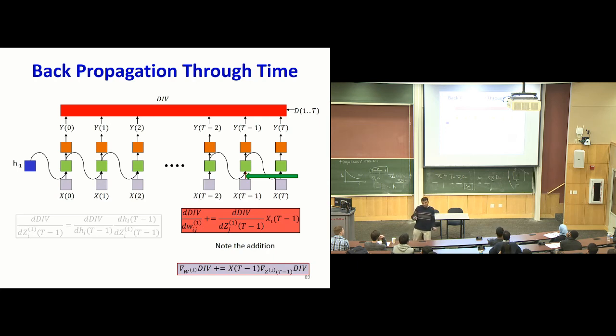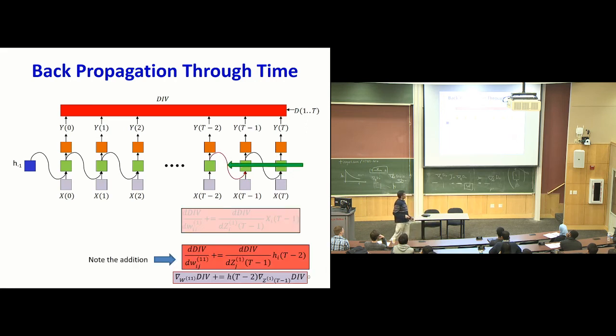Make sense to everybody? And so also for these weights, right? Now this one, the derivative of the weights here is going to be this output times the derivative here, which is h t minus 2 times the derivative with z1 at t minus 1. But because the weights are being repeated, I'm actually adding the derivatives, right? Yes?